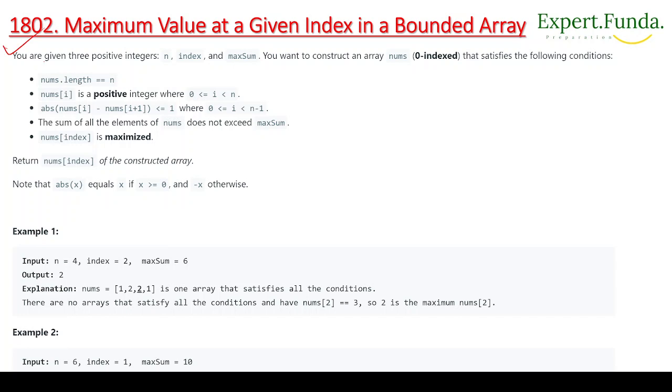It is saying that you are given three positive integers, that is n, index and maxSum, and you want to construct an array called nums, a zero-indexed array, that satisfies the following conditions. First, nums.length is equal to n. Another, nums[i] is a positive integer where i is greater than or equal to